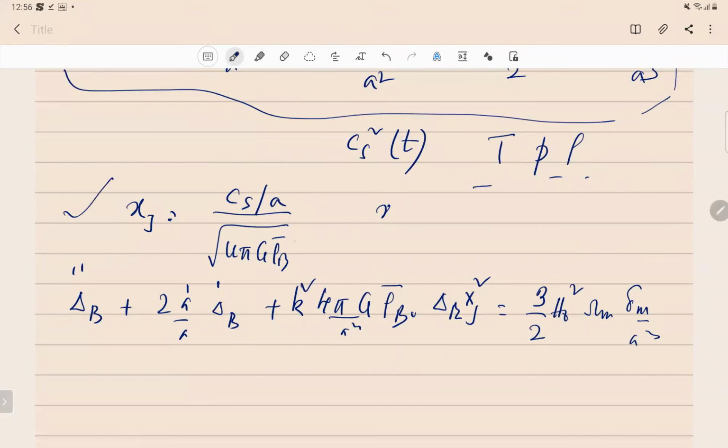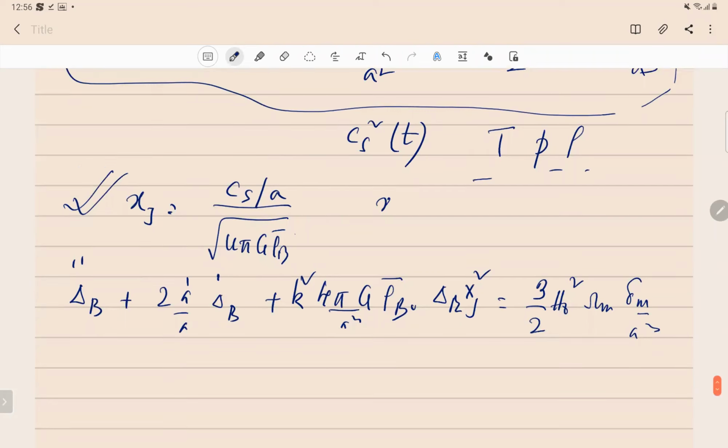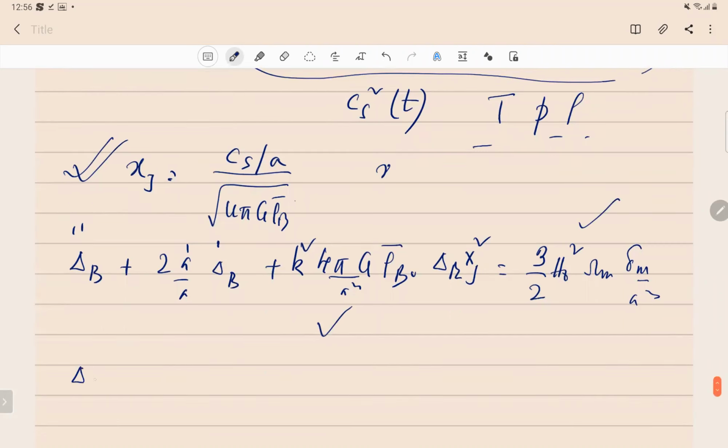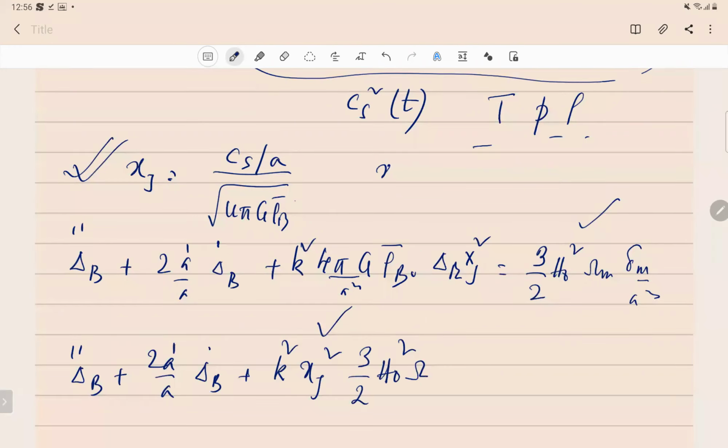I've introduced this definition, and you will get this. Perfect. So what you have now is this term and this term looking exactly the same except for a factor. So delta baryon with this substitution, okay? And this is the definition of the Jeans scale. Plus 2 a dot by a delta baryon dot plus k squared x_J squared. Then you have this factor, which is exactly the same as this. You can write it as 3 by 2 H naught squared omega